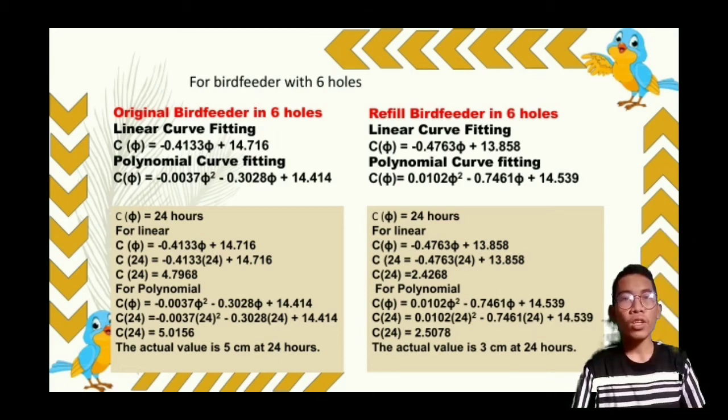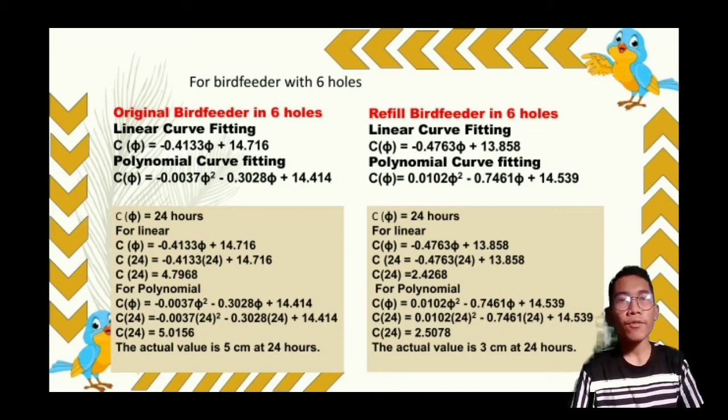For the refilled bird feeder, to get the actual values, we're going to use the linear curve fitting equation C sub phi is equal to negative 0.47635 phi plus 13.858, wherein the value of phi is equal to 24 hours. And then by substitution, we have C sub 24 is equal to negative 0.4763 times 24 plus 13.858, having the result of C sub 24 is equal to 2.4268. And using the polynomial equation, we have C sub phi is equal to 0.01025 phi squared minus